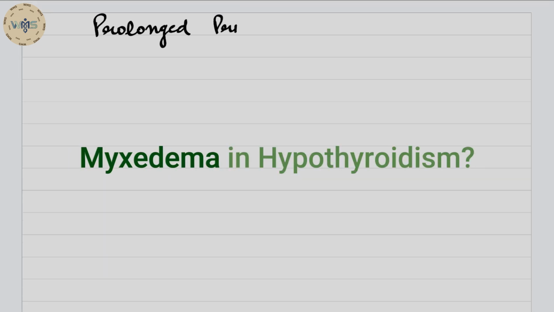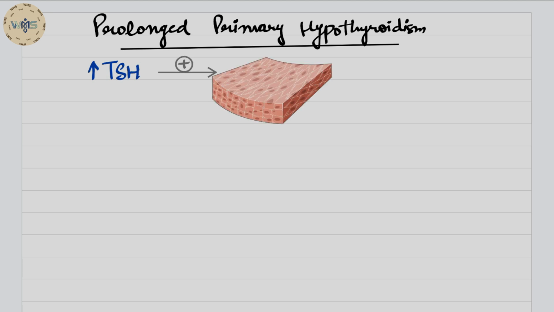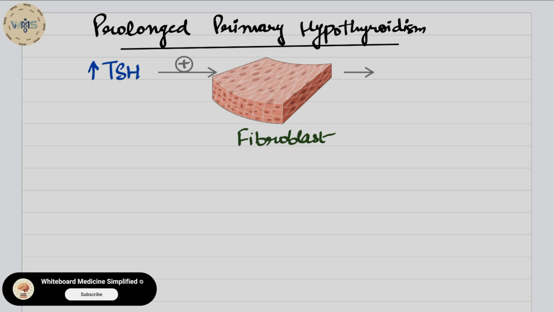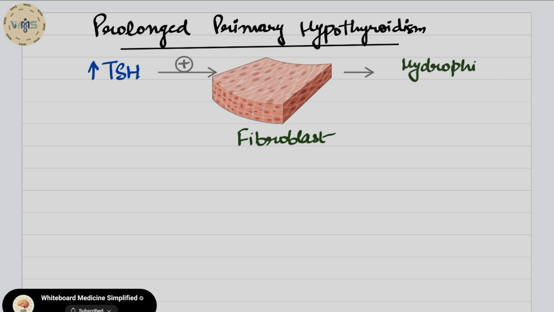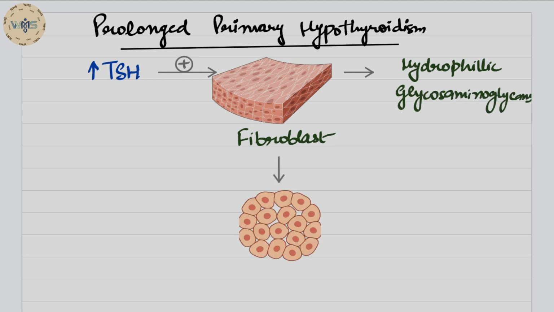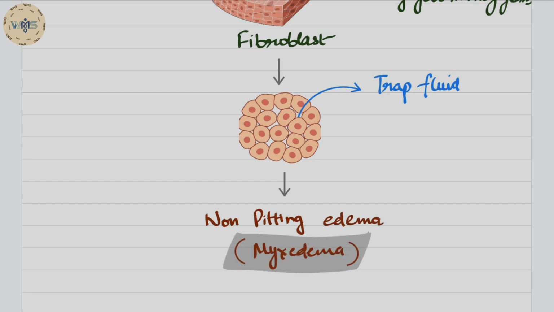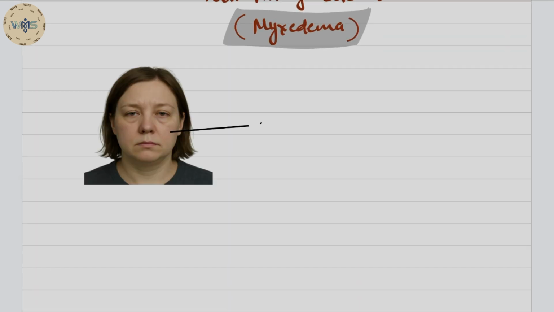In prolonged primary hypothyroidism, as there is increased TSH level, these increased TSH levels stimulate fibroblasts in various tissues. These fibroblasts increase the synthesis and deposition of hydrophilic glycosaminoglycans such as hyaluronic acid and chondroitin sulfate within the interstitial matrix. Being hydrophilic, they trap fluid in the interstitial matrix, leading to non-pitting edema, which we call myxedema. As seen in hypothyroidism, this process explains clinical manifestations like puffiness of face, periorbital edema,